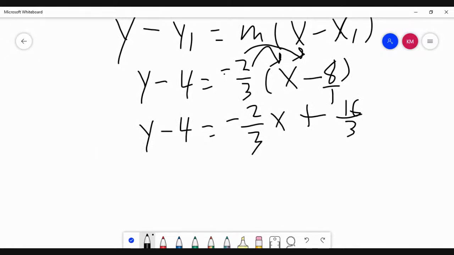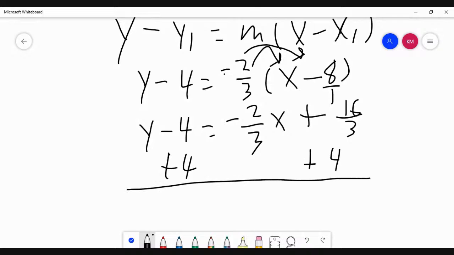Now, I'm going to move my 4 to the other side, which means I'm going to add it to my 16/3. So that's plus 4 on both sides. Now, if you remember or need a quick refresher, in order to add this whole number to the fraction, you